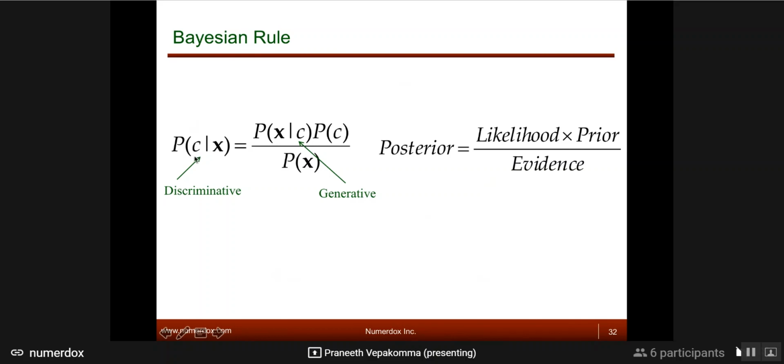So the Bayes rule states that if you want to measure the conditional probability of C given an event X occurs, it's a theorem. It's just equal to the conditional probability of, you flip this around, X given C occurs, times the probability of C by X. Now, there is a whole area of statistics called Bayesian statistics, and the naive Bayes technique is one of the applications of this Bayes rule.